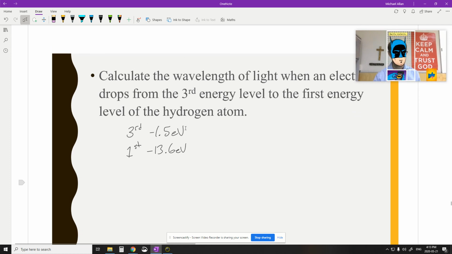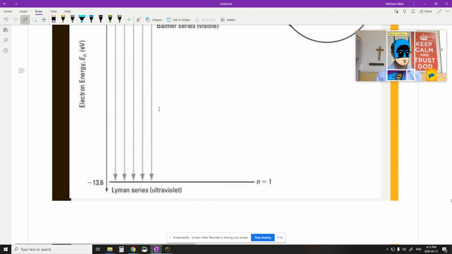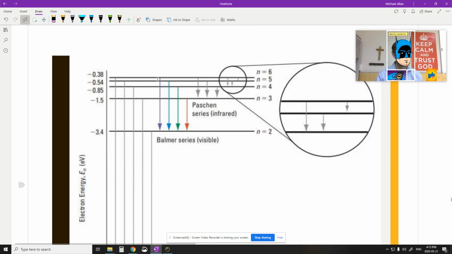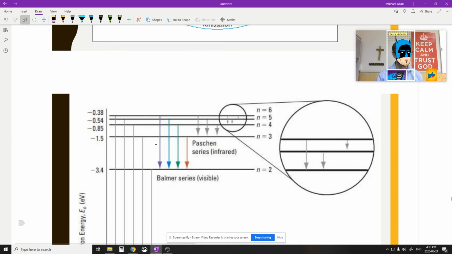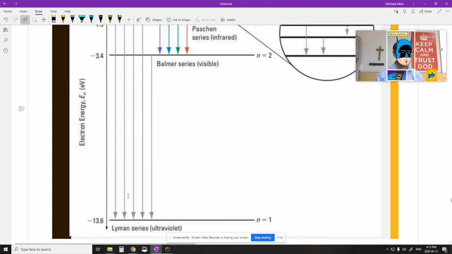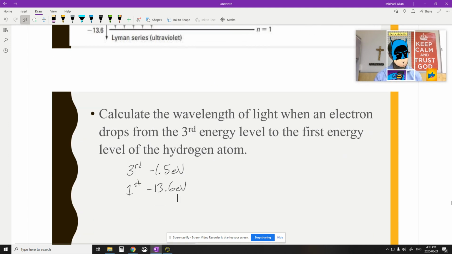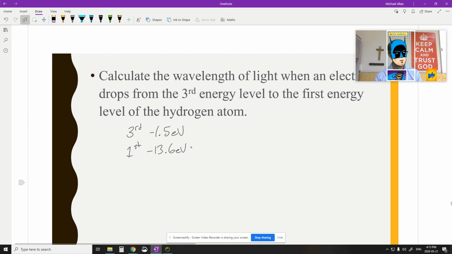So the energy that's released by the electron is always released in the form of a photon. If I jump down from one level to another, I get one photon. But I could jump down multiple levels as I go. So if I'm at level 6, I could go down to level 3, release an infrared, go down to level 2, release a red, and then go down all the way to 1, release an ultraviolet. Or I could just go from 6 all the way down. But every jump is just one photon. So to find the energy released,